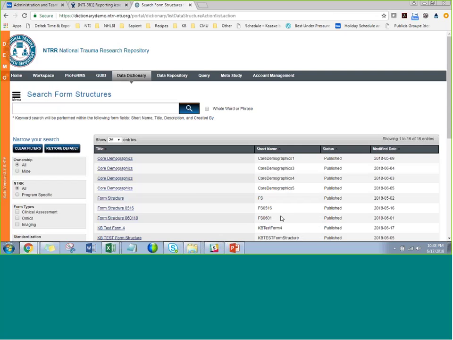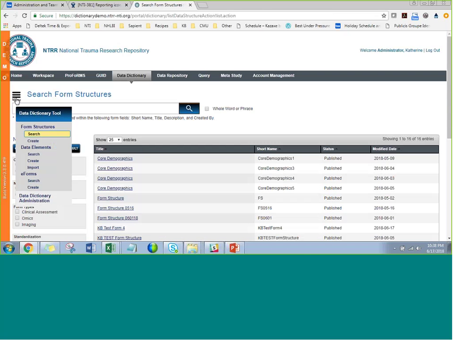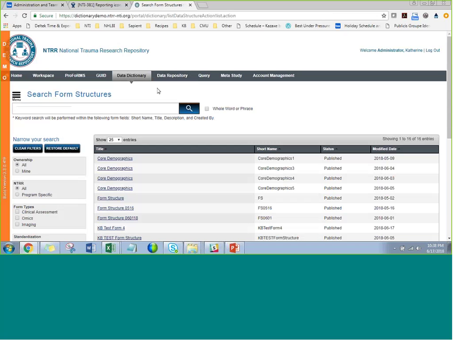That's it for form structures. We will talk about importing a form structure next. So importing a form structure is useful when you might have a form structure in another environment that you want to bring over. And we'll talk about that